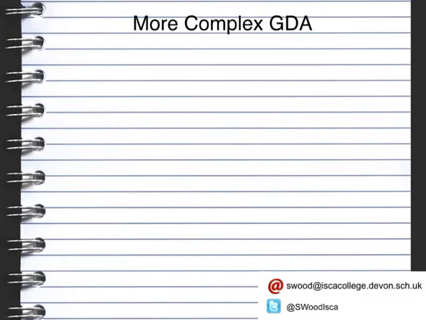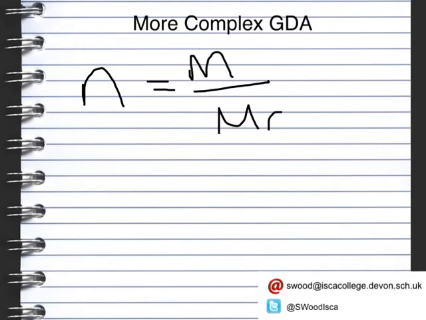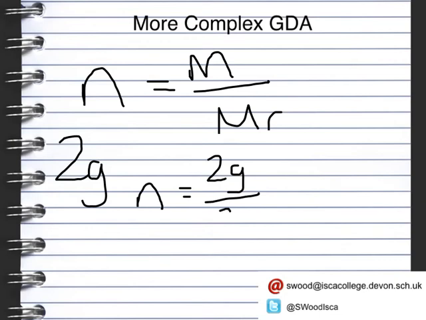Now for example, a microwave meal could contain 2 grams of sodium. Now all of that sodium may have come from the salt, and for 2 grams of sodium, we need to be able to know how much salt that actually is. So what we can do is we can use an equation we've used previously, where we've got N, which is the number of moles, is equal to the mass divided by the molar mass. Now if a meal contains, let's say, 2 grams of sodium, then we can work out the number of moles. So N is equal to 2 over 23,